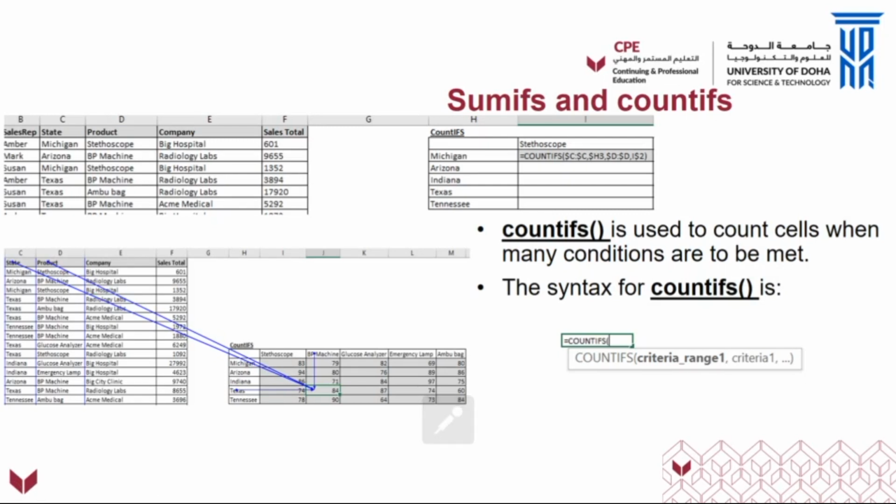COUNTIFS is another commonly used and powerful logical function. COUNTIFS is used to count cells when many conditions are to be met, unlike COUNTIF where only one condition has to be met. The syntax for COUNTIFS is shown here,